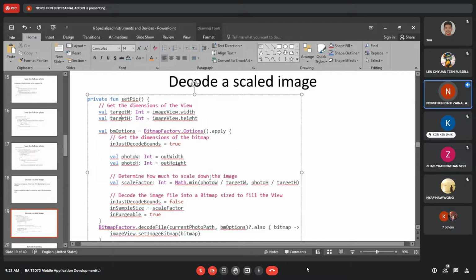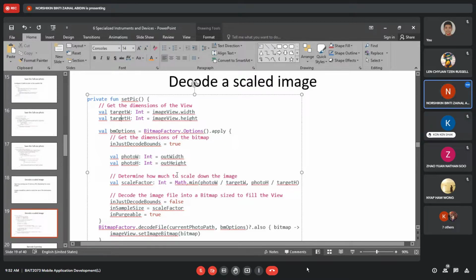Like I said, your app, not the user, will scale down the image. The app will scale down your photo. So here is the process where they are going to resize. I think I can use the term resize because they modify the size of your image.